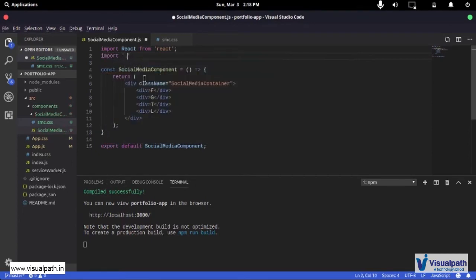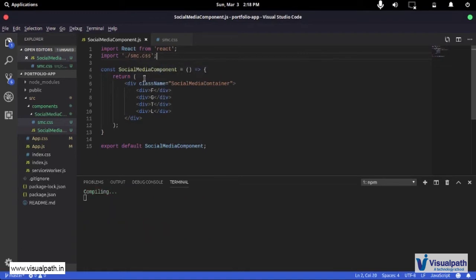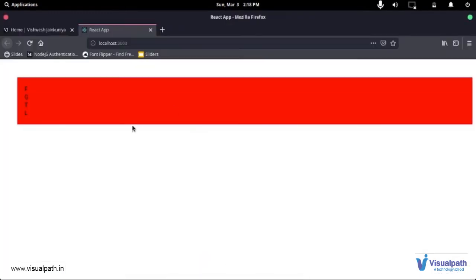Now what I want to do is stay inside this folder, and the file is called social media component.css. Once I've imported that, the CSS is going to be applied. If I go back, I clearly see that this is my container. As I had width 100%, this is what I get, and due to the padding of 20 pixels, I get this padding. So it's actually stretching from here to here, but due to the padding I have this slightly embedded inside, and that padding is this. So the content should be here, but due to the padding it's here.